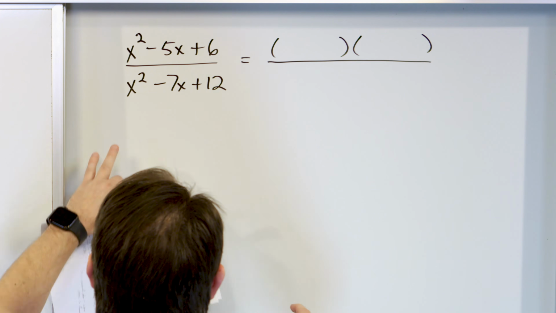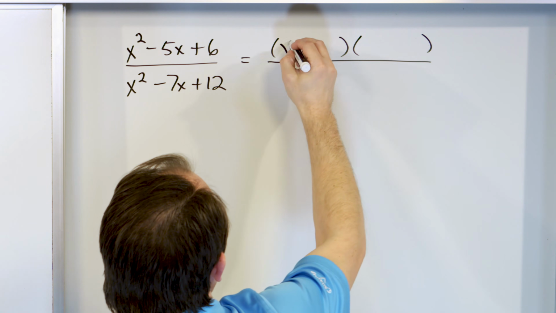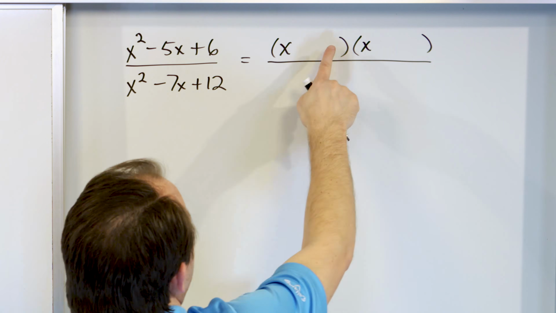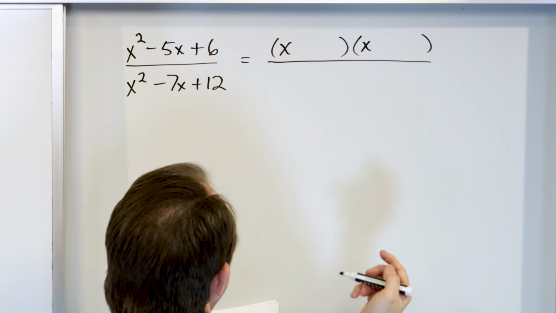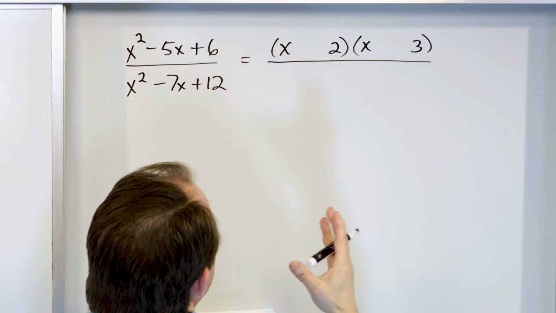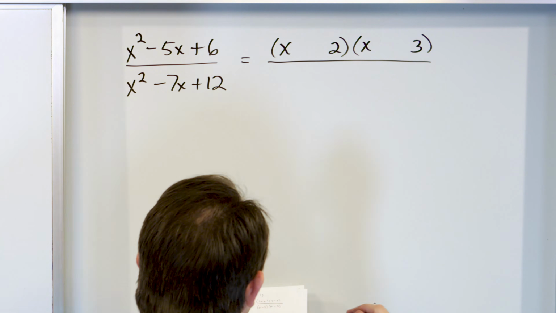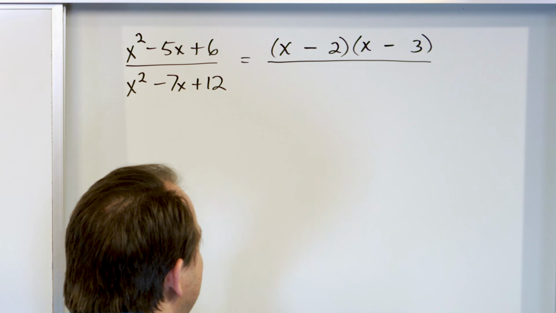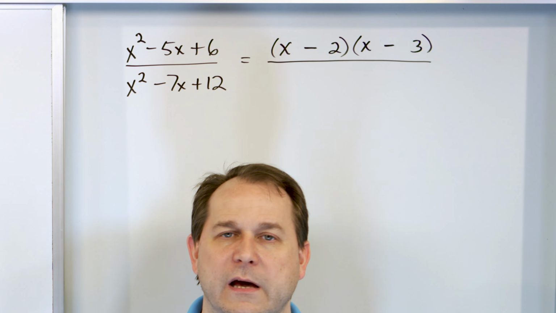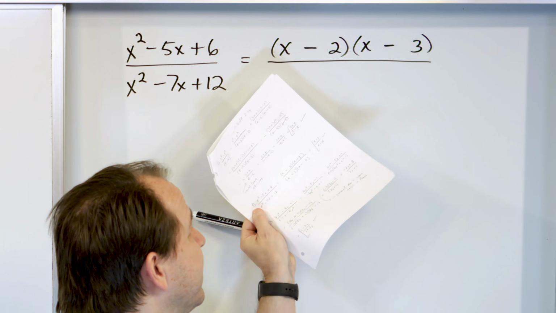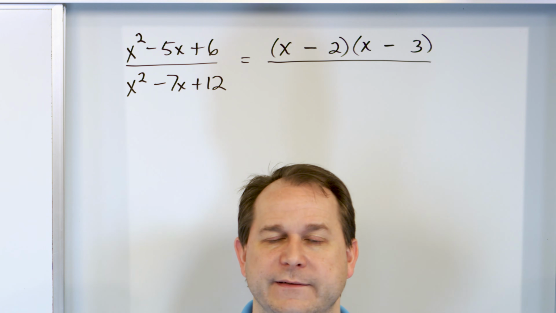The way we do it is we say we have an x squared term, so it's got to be an x times an x. And then we have a 6. Now we have choices. We can say 1 times 6 is 6, or we can say 2 times 3 is 6. I'm going to say 2 times 3 is 6. And then you try to figure out what the signs are. The only way that it works is negative times negative. I'm doing it a little rapidly because I have to teach you new concepts, but this whole concept of how to factor these expressions is covered